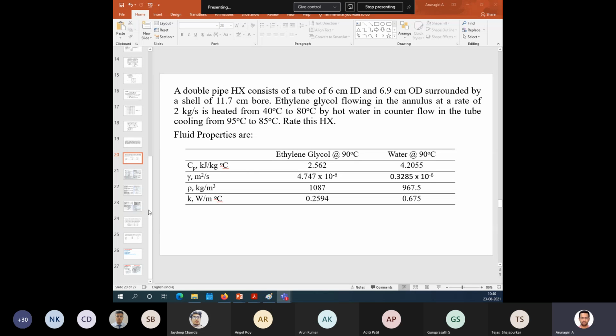If it is a simple double pipe exchanger, which means the inner pipe doesn't have any fins, then you can proceed as it is. If it has fins, then we are complicating the system by introducing the fins. Fins means we will provide longitudinal fins over the surface. It may be one tube or multiple tubes surrounded by fins. I will show the diagram later.